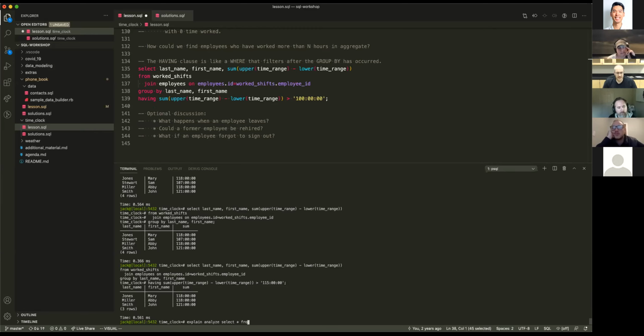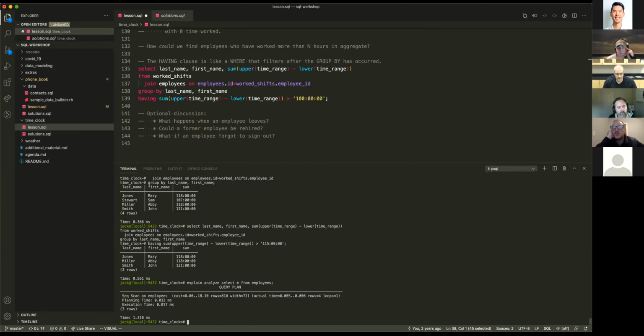There's a command called explain analyze, which you can prefix any select statement with. It'll tell you what it's going to do, how long it thought it would take, how long it did take. They're kind of difficult to read. But in this case, there's only a handful of rows and we wanted all of them, so it did a sequential scan. If we were to do something on a larger table, with thousands of rows, that had an index,